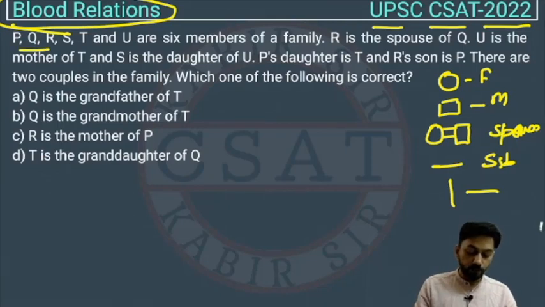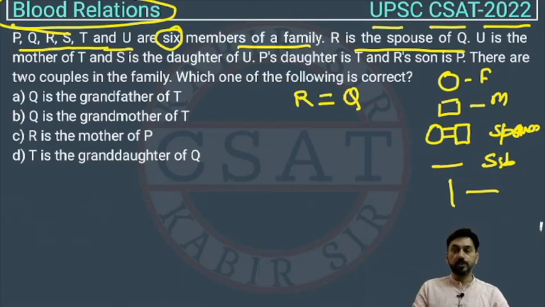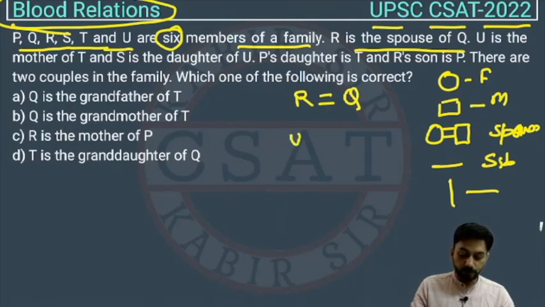So now P, Q, R, S, T and U are 6 members of a family, right? R is the spouse of Q. So what's the relationship between R and Q? They are spouses of each other. हमें ये नहीं पता है कि R का कौन सा जेंडर है और Q का कौन सा जेंडर है, right? कि इनमें से फीमेल कौन है और मेल कौन है. We just know they are spouses. U is the mother of T. So U is female. T का जेंडर हमें नहीं पता है,